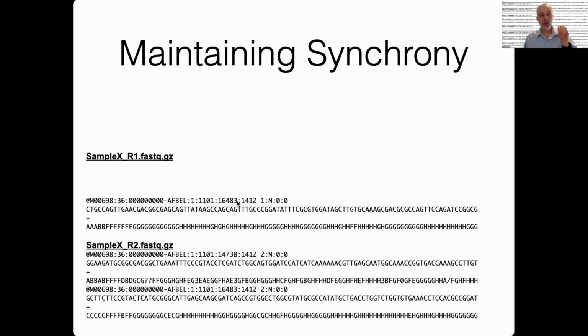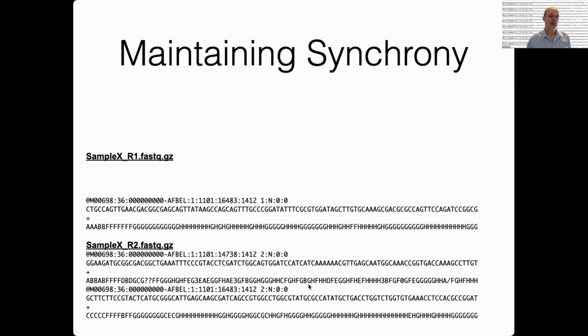And so usually when you're doing trimming and filtering, if you have paired-end data, you want to do it simultaneously on the R1 and the R2 file, because if you're throwing out this read, you want to throw out its pair, because otherwise you break that synchrony. And again, some software will check to see if the read pairs are synchronized, and some software won't. And if you don't know, or if you're using software that's not checking, then this will create a problem. And actually, even if you have software that's checking, usually what it'll do is check, and if it finds any read pairs that are not in sync, it'll just stop. It won't bother to try and match them up,